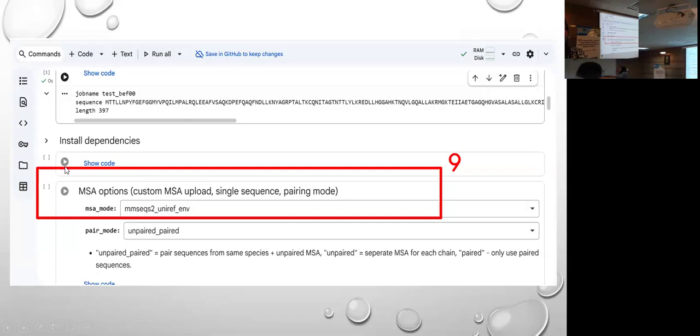At first, you have to install the dependencies. It will show some things, like Colab running, some options like this. When you get the tick mark, then you go on to the next cell, and play it down until you receive the tick mark. How many of you are on the MSA options?